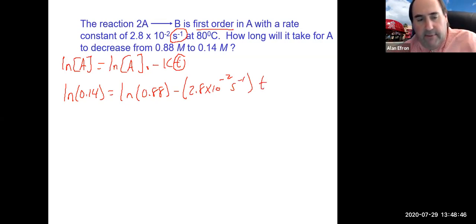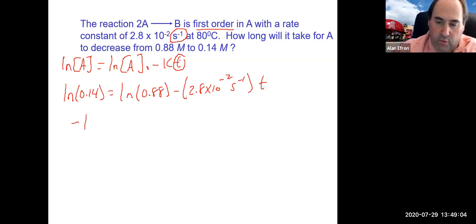Personally, I will take the natural log of 0.14 and subtract it from the natural log of 0.88, and that will get me something like minus 1.838279 equals minus 2.8 times 10 to the minus 2 reciprocal seconds